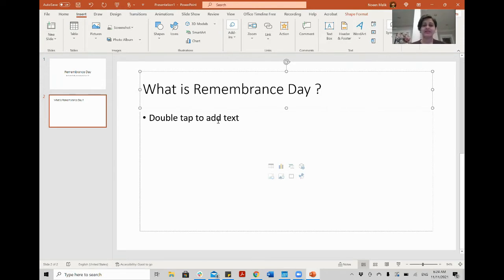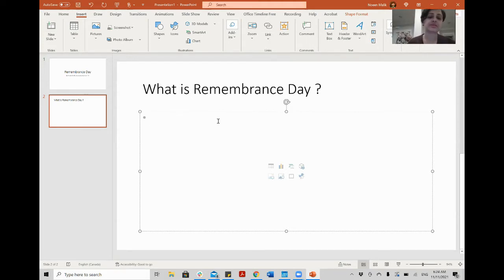So I will double tap, or I don't have to double tap if I'm using the touch, then I can do the double tap, but I am using my keyboard, so I just use the single left click and we can type. Okay, Remembrance Day, it is